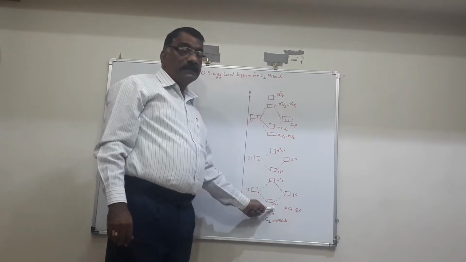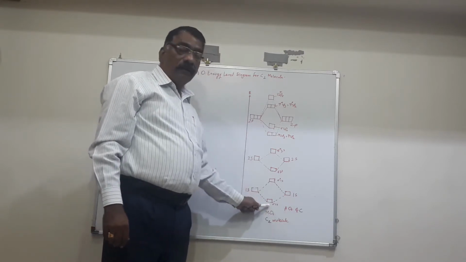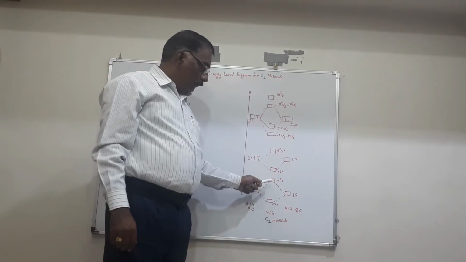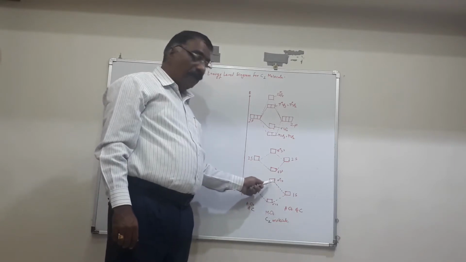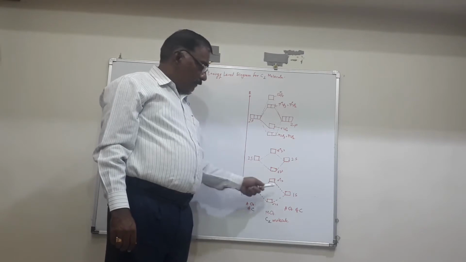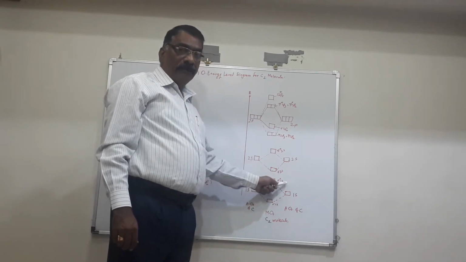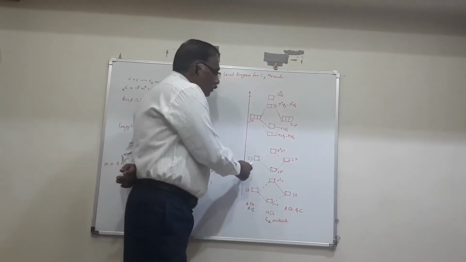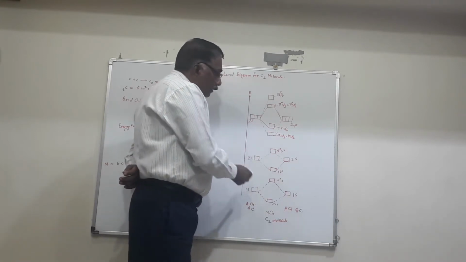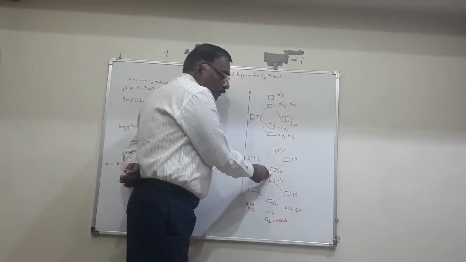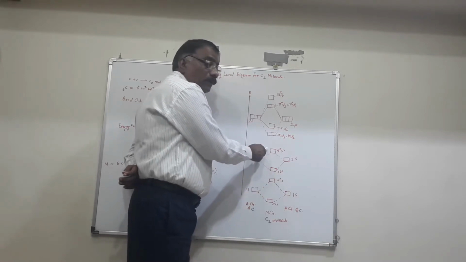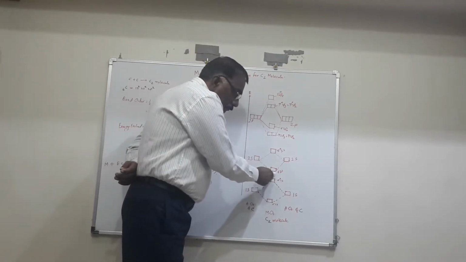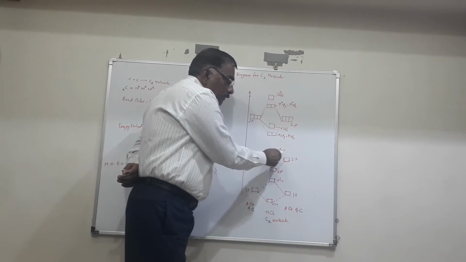This sigma 1s has lower energy than the atomic 1s orbitals, and it is called the bonding molecular orbital. The star in sigma star 1s indicates that it has higher energy than the atomic orbitals. It is the ABMO, the anti-bonding molecular orbital. Similarly, the 2s orbitals of the two carbons combine. One orbital forms with lower energy, called the BMO, and another with higher energy, called the ABMO. This BMO is sigma 2s and the ABMO is sigma star 2s.